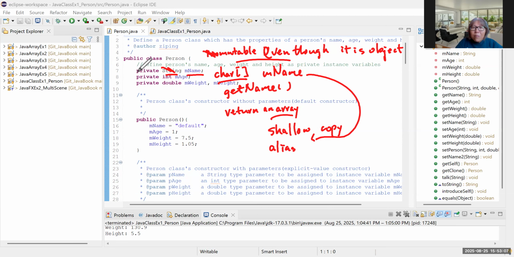But what we expect is that mName is private, so it's protected, supposed not to be able to be modified from outside. But if you return the array, then it can be modified from outside. So the private accessibility and visibility then doesn't function correctly. So this is going to violate the